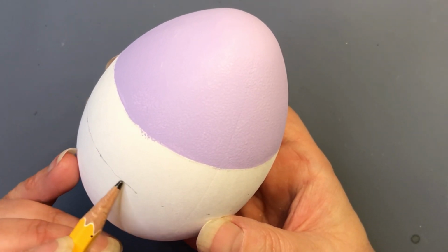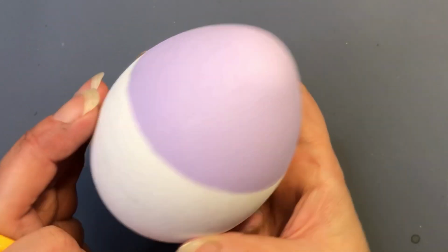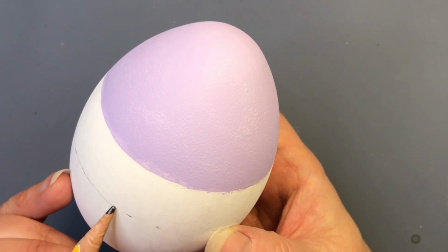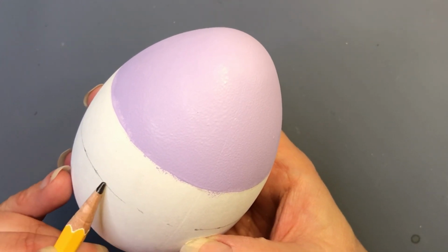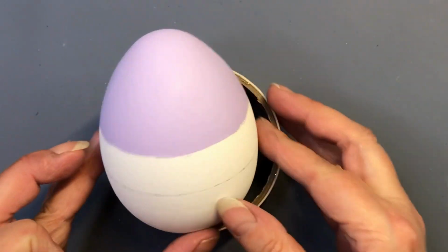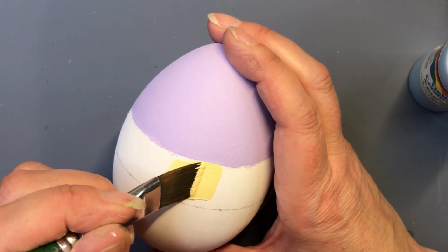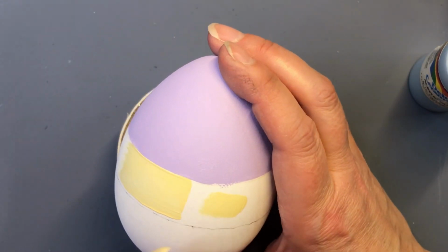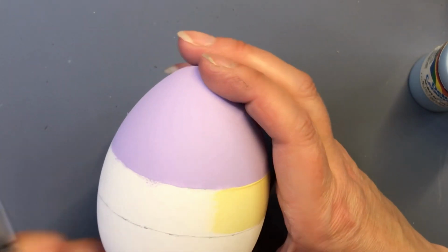So that's a little tip and trick on how to draw a line on a sphere or on an egg, anything that's round, that you need to put on a straight line. There's other ways that you can do it as well, but I find that this one was the easiest, especially in this application. So now that I have that on there, I'm using a brush that is about the same size. Excuse me. It's about the same size as the band that I want to paint on